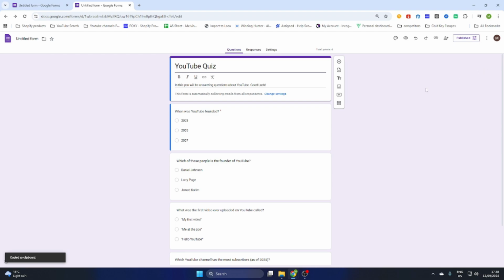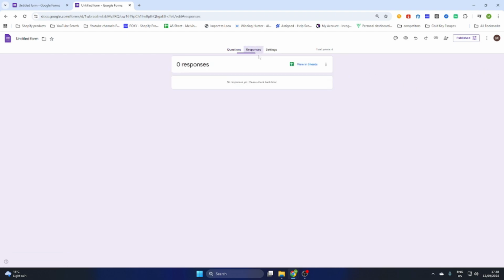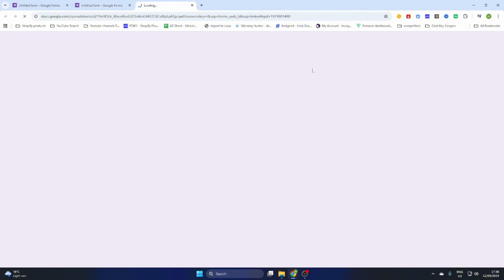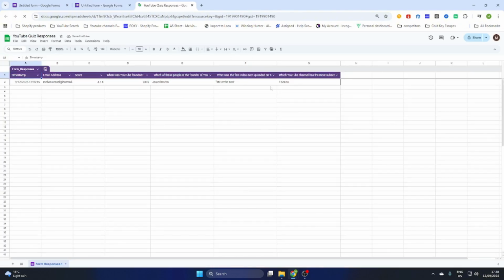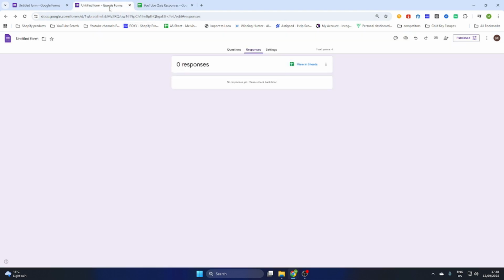Before we head to the next step, we want to make sure that we have created a sheet. So click on this option, and after that it will create a sheet for you where all the data will be stored. So the next step is go back to the form, and as you can see we have copied